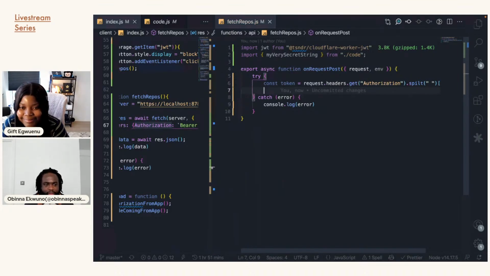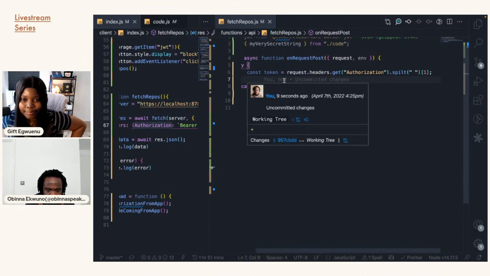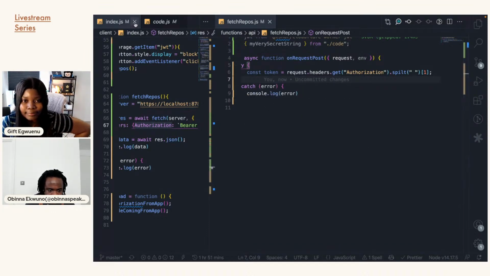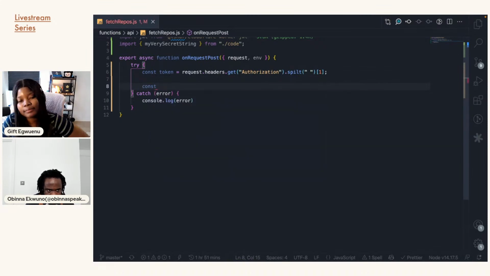So what we've done here is that we've split, and we now have the token, right? The actual JWT that has come back. So now what we're going to do is verify. I'm going to close this now because all we're doing now, we have this here, and then another variable, and we'll call it the verifiedJWT, and then await